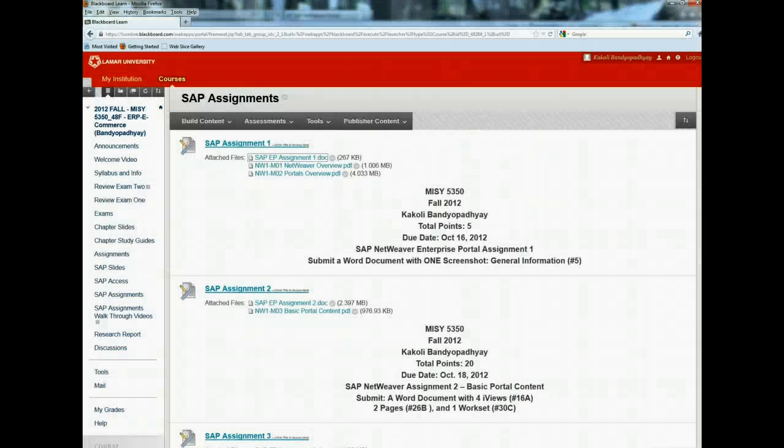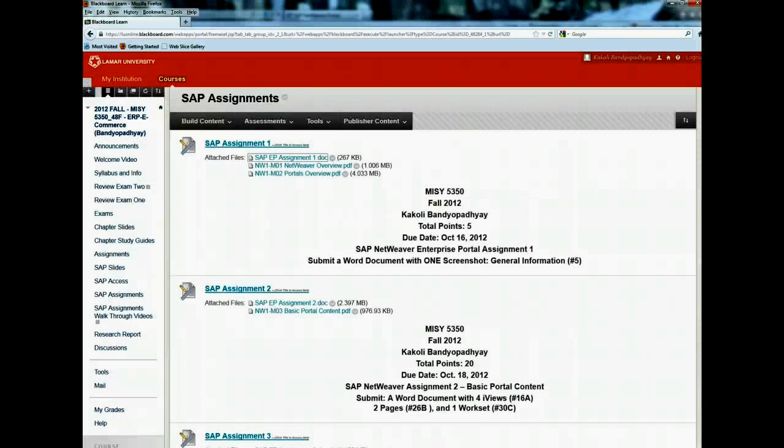Okay, today I will walk you over your SAP assignments, and in this class we will be using the SAP NetWeaver platform. So our module is SAP NetWeaver, and within SAP NetWeaver we will be learning SAP Enterprise Portals, SAP Visual Composer, and also enterprise services. Okay, there will be 4 assignments on enterprise portals, 4 assignments on Visual Composer, and 4 assignments on enterprise services.